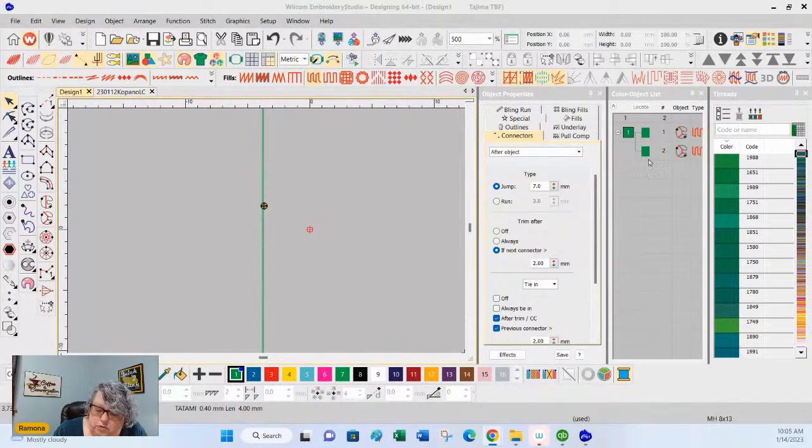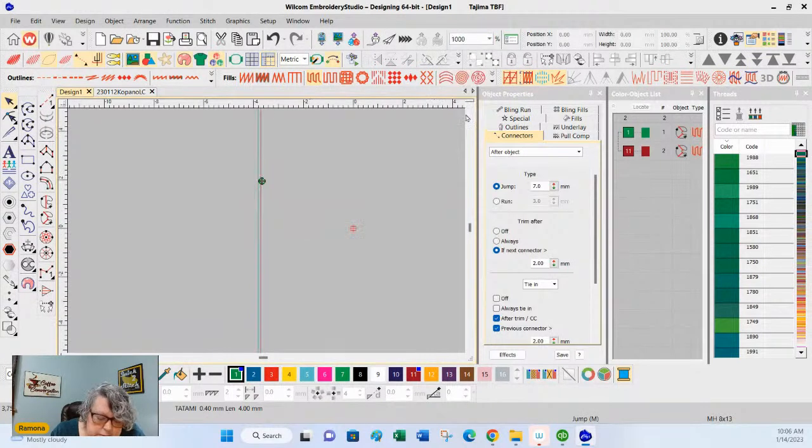Okay, so back to our two filled elements next to each other. What's going to happen when these get stitched out? They are going to pull apart and leave a gap between the two. So we're going to change this one's color. Let's make that one red. We're going to enlarge this again just a little bit more.